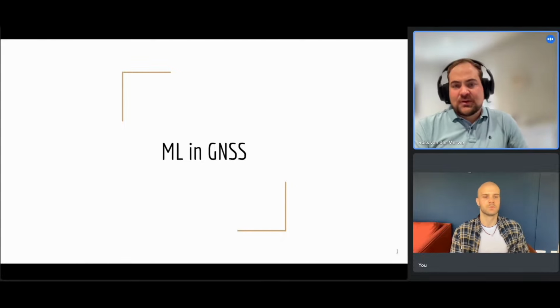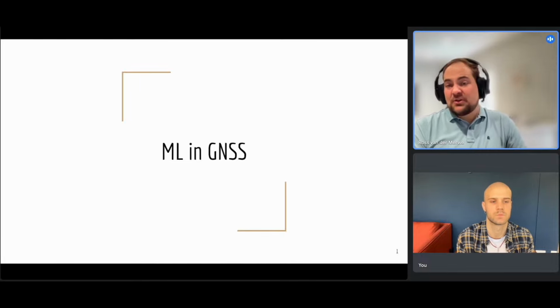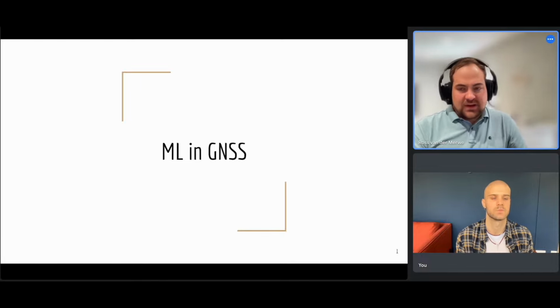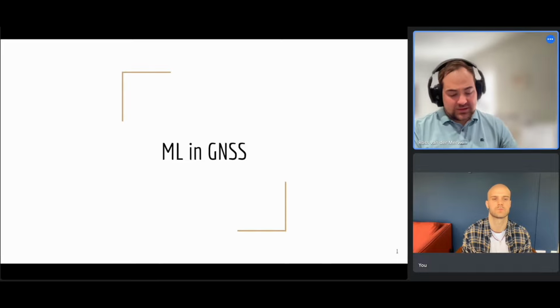So today we're going to talk about machine learning in satellite navigation. Obviously we can't go into super high detail, but I would like to give an idea of how ML is starting to change GNSS. I think one of the interesting things about GNSS is it's a very narrow niche and very deep, and changing the traditional ways of doing things is taking some time. But there are already some interesting applications coming out here.